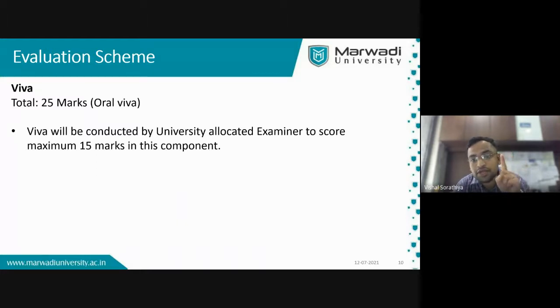To get the 25 marks in rubric on demand, you need to do several tasks. Like you need to attempt the quiz, you need to do the Cisco Packet Tracer task, you need to create a hardware project, several things. So after 1 week or 15 days of work, you will get 25 marks in rubric on demand. And you get the same amount of marks in the Viva by sitting in front of the faculty and answering 5 to 6 questions.